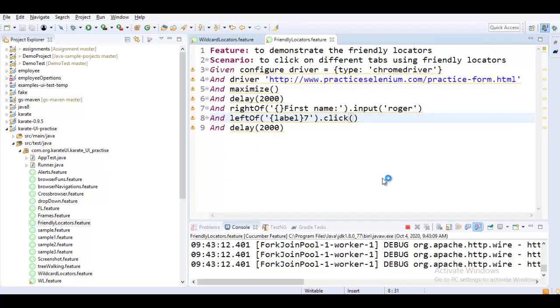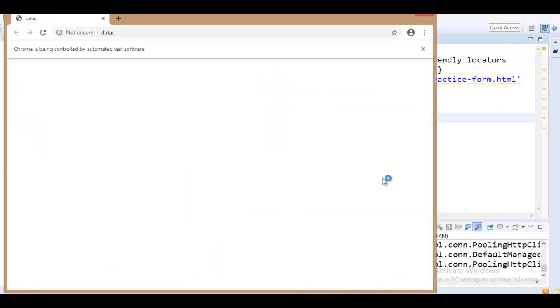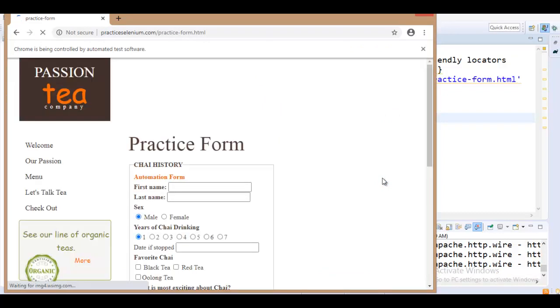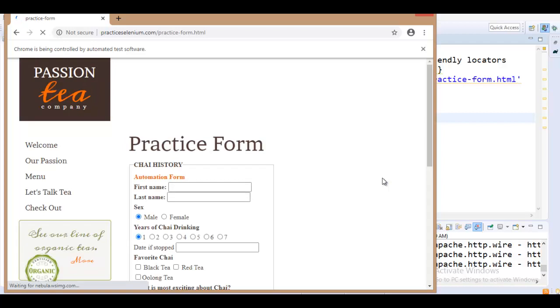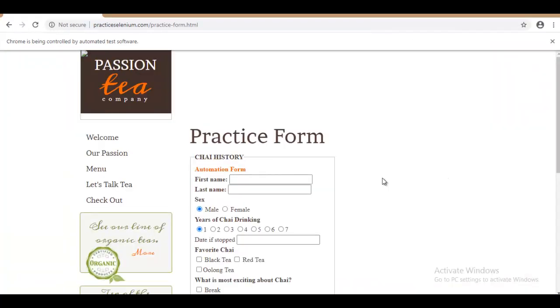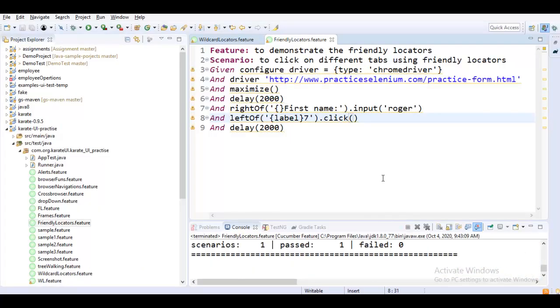But if my element present on the left is something other than input, then I must consider chaining that to a particular tag name. Now it should do two operations: one is to enter the keys and another is to click the radio button as 7. So this is how you do it.